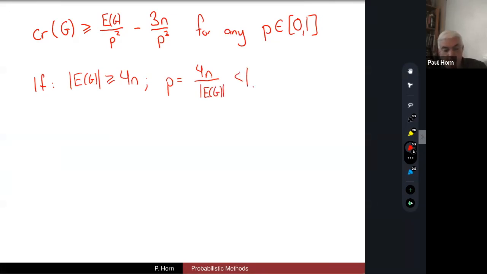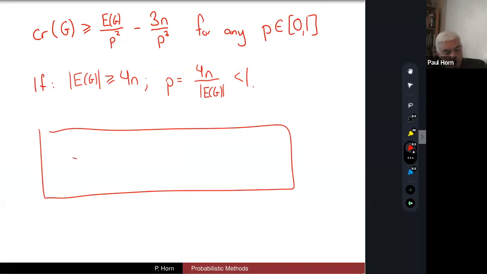This is less than 1. And this gives me a result. It says the crossing number of G is at least, again, here I'm going to get the number of edges of G cubed over, I'm dividing by p squared, so here I get 16n squared